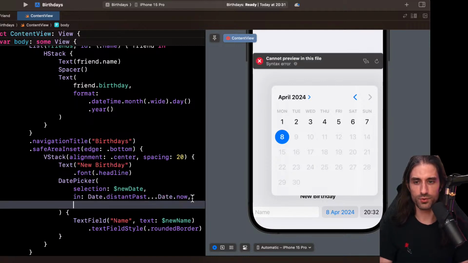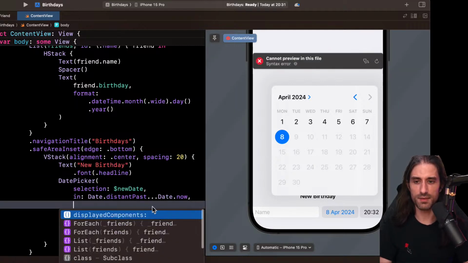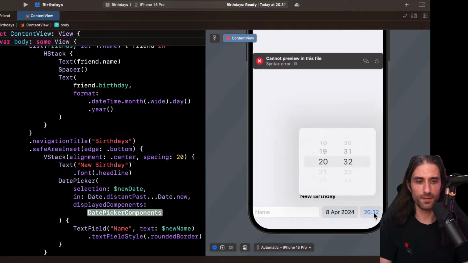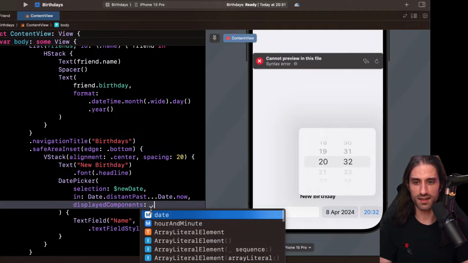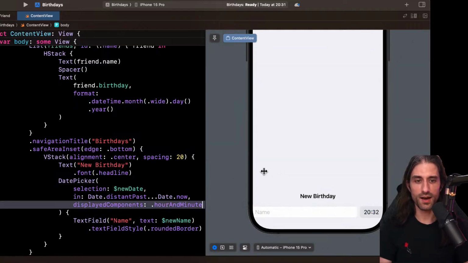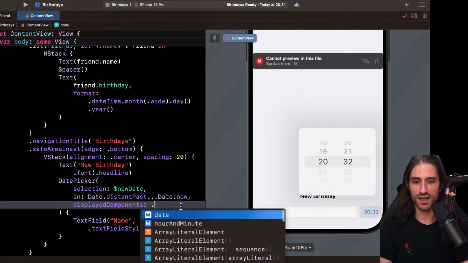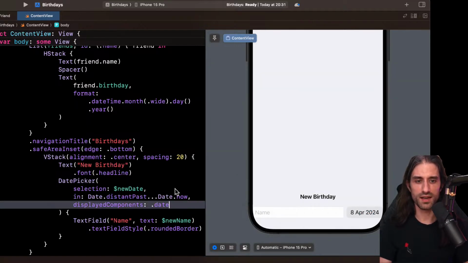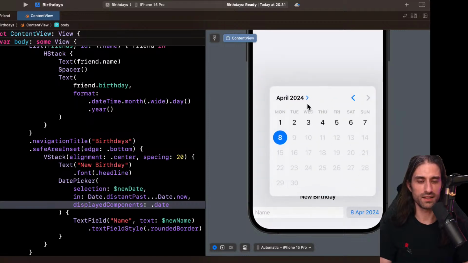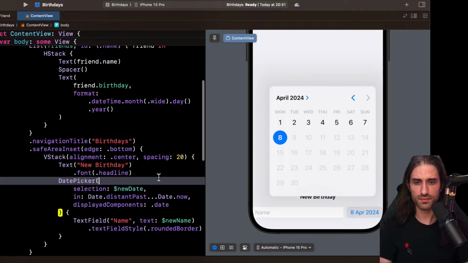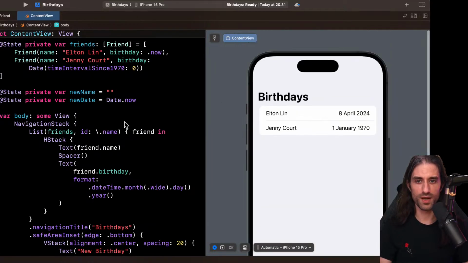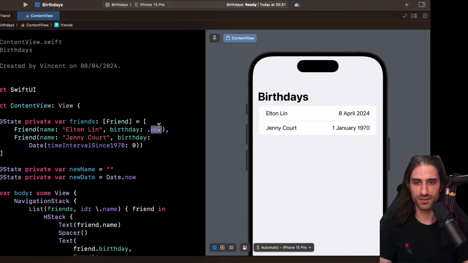And then if I want to disallow being able to choose the time, I could say only allow the hour and minute, actually. But here, what I'm interested in allowing is only the date. So like that. That makes sense. And so I was saying, let's see what we have in date.